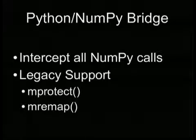It's actually kind of simple. We just intercept all NumPy calls. So when you use the numerical Python, we are just going to hook in and see, okay, now you're allocating an array. We'll take that instruction and translate that into our vector bytecode. And everything was all good and well, but then we saw that